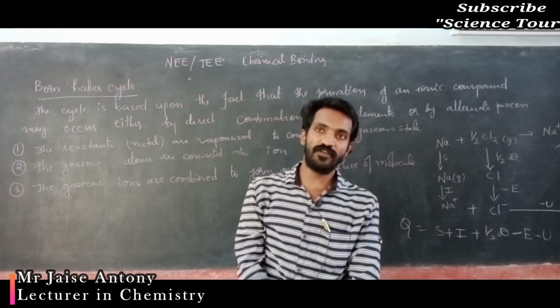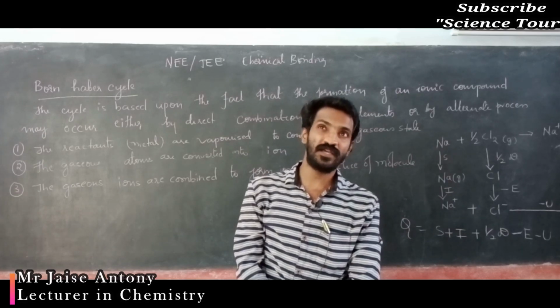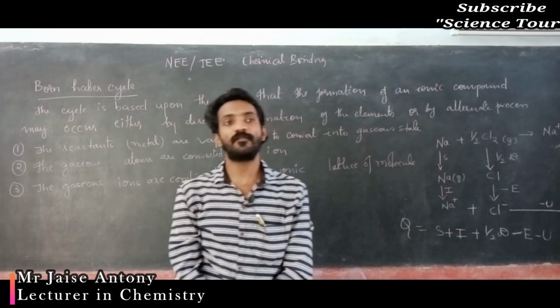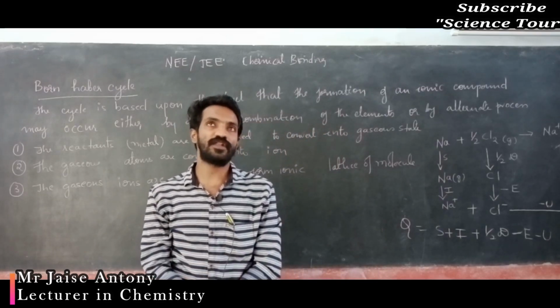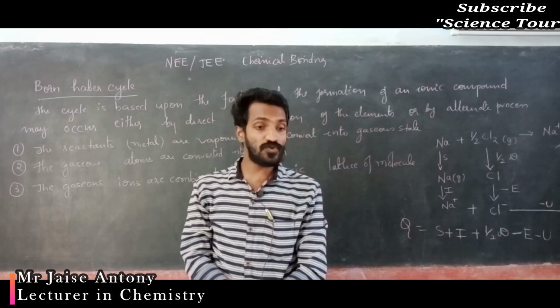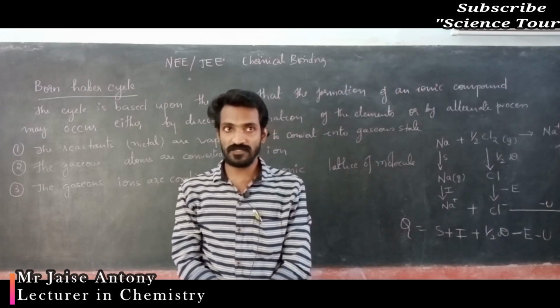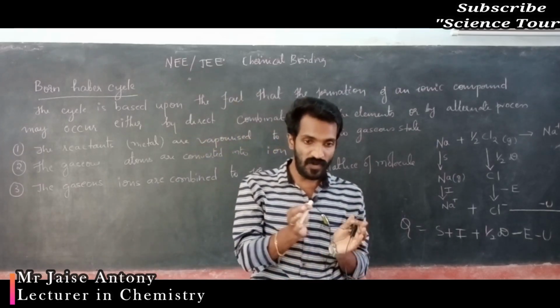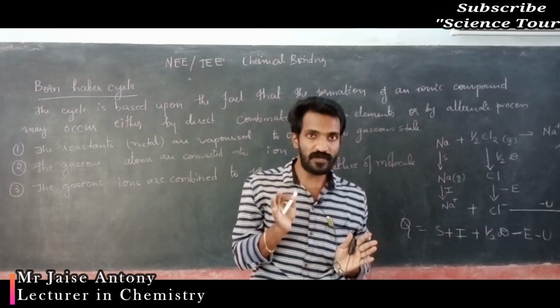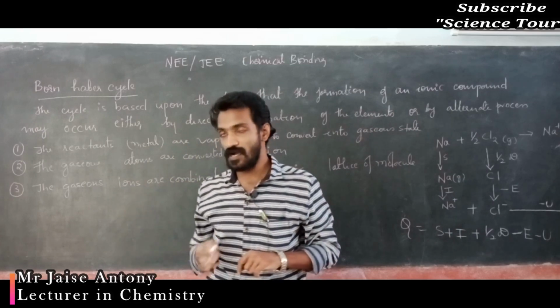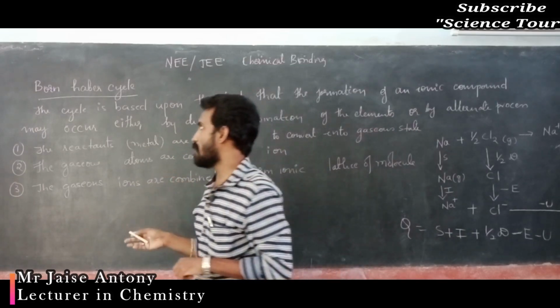Whichever condition favors ionic bond, that is also given, correct? No. If the size of the cation is smaller, the size of the anion is bigger, and less ionization energy, all this portion is over, the discussion is already done. I am just going through it because it is in the NEET JEE syllabus also, and I already did it in an earlier class. Just to recall it, now we are going to discuss the Born-Haber cycle in ionic solids.